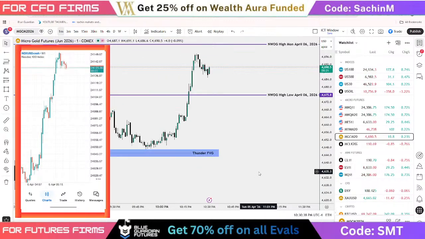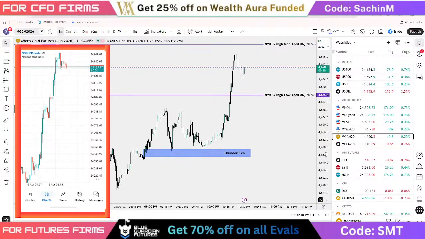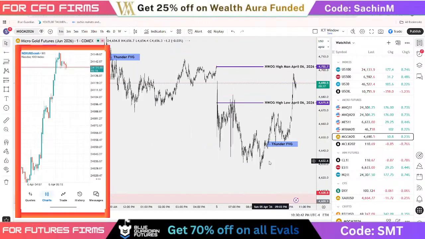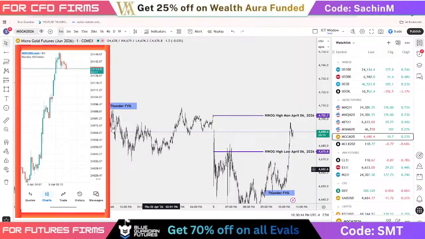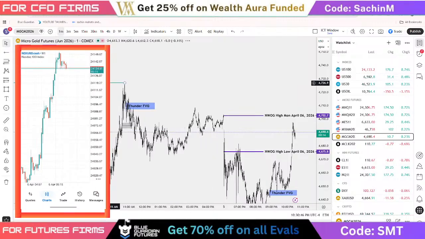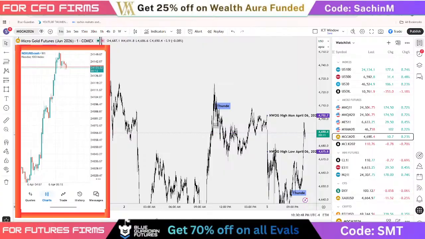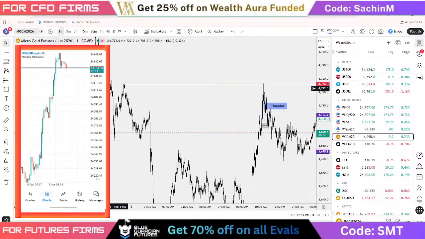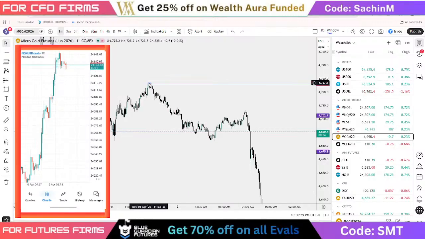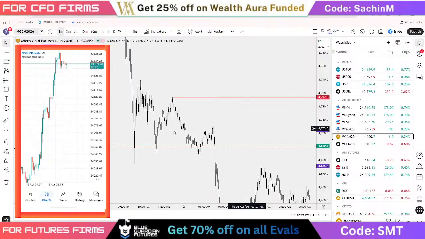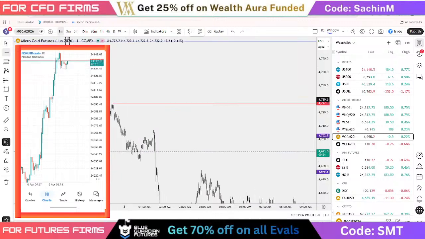We might get an entry here to long the gold, as our target is this high, which is not taken out. Oh yes, it is taken out. No, it's not taken out. I don't think it is taken out. Let me see. Is it taken out? No, it's not taken out. We might get to long the gold,